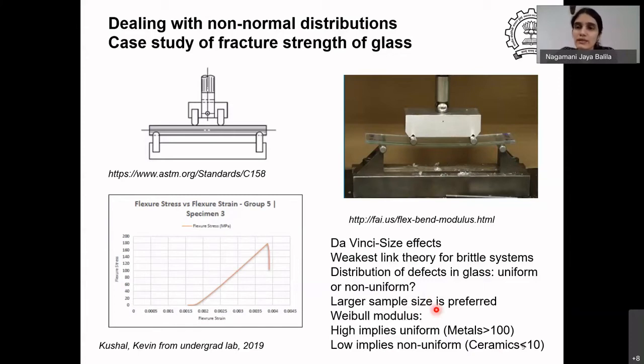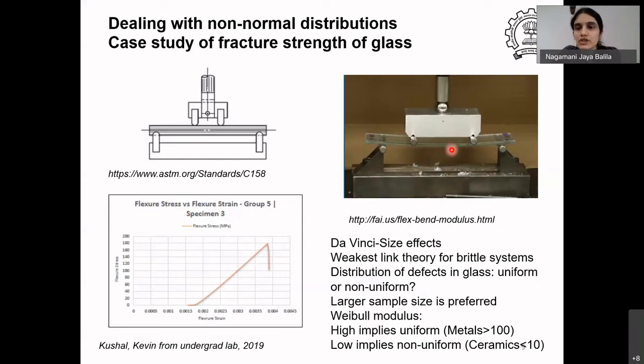So what we did was to get a bunch of our undergrads, split them into groups, and make them test the glass samples. All of them were taken from the same batch, and the instrument was the same. So there was no additional error that came because of these changes. All of them were tested in the same place on the same day, which is also something that matters, because glass does get affected by moisture or humidity based on the type of glass. So all of them being the same, we want to look at what the distribution of the fracture strength is like.